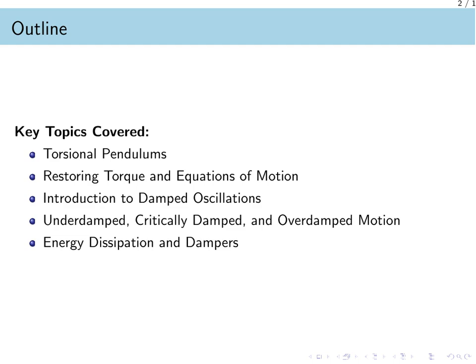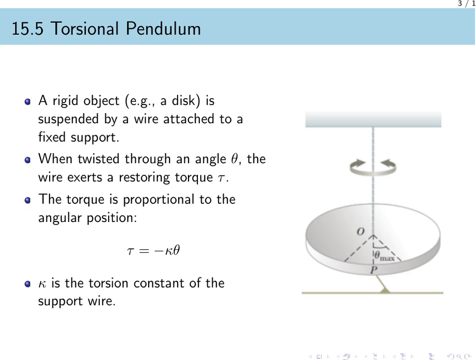We will examine the three primary types of damped motion: underdamped, critically damped, and overdamped. Finally, we will discuss how energy is dissipated in these real-world systems and look at the role of dampers in managing these oscillations. A torsional pendulum consists of a rigid object, such as a metal disc, suspended by a wire